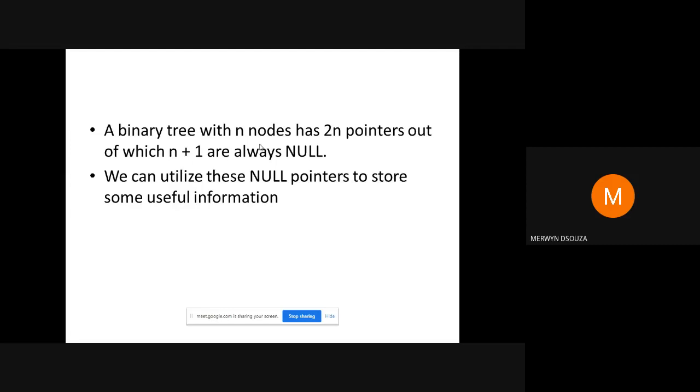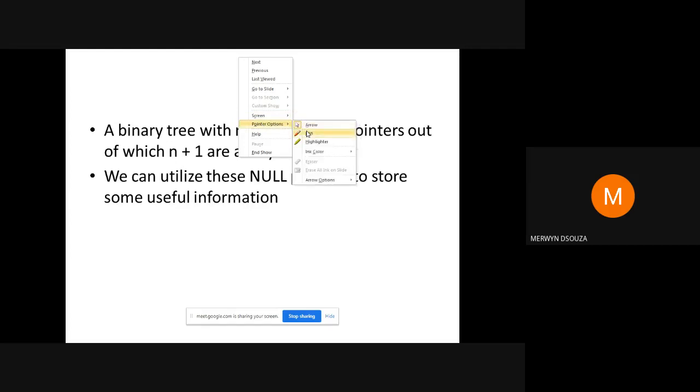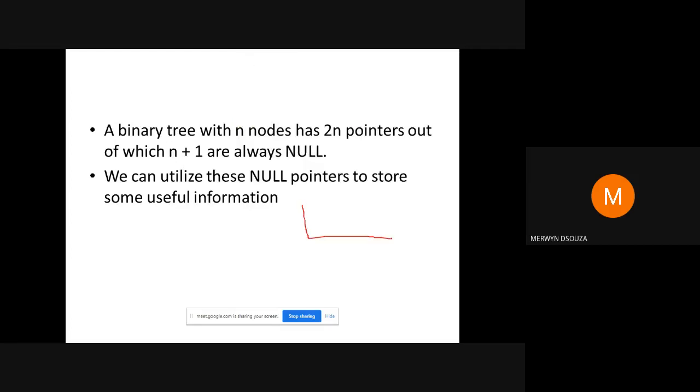So what they decided was, like I discussed with you, each node in a tree will have three parts. So each node was represented using three parts. This was the data part, a pointer to the left child and a pointer to the right child. Okay, this is what the structure of a node in a tree looks like. So if this was a leaf node, then there would be some value here, and this would have been null, and this would have been null. Suppose this was the leaf node. Suppose I was having a tree like this.